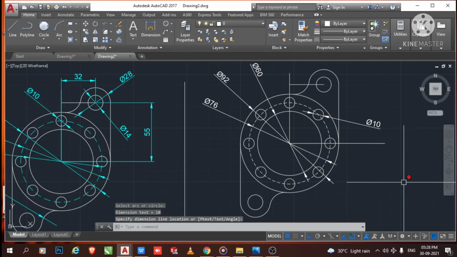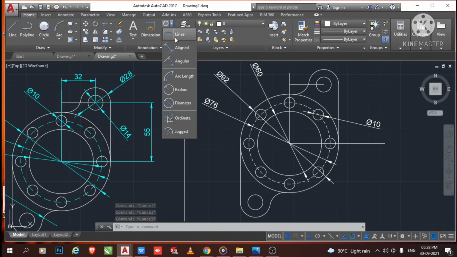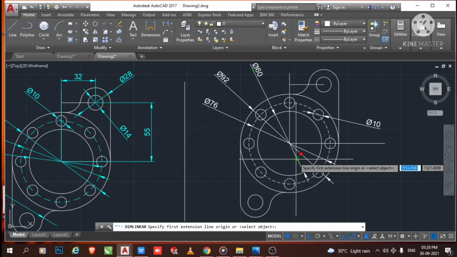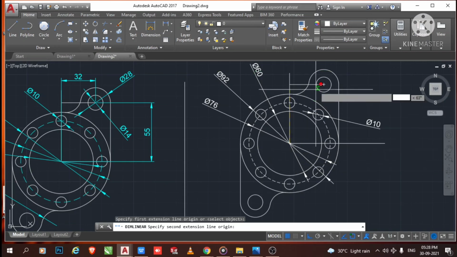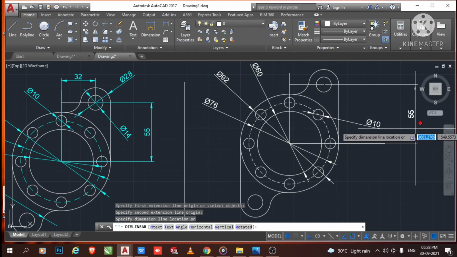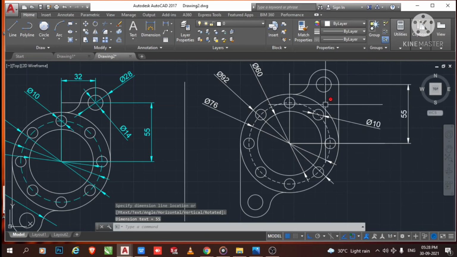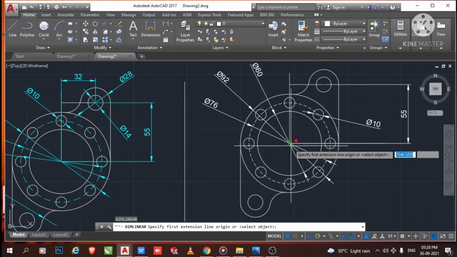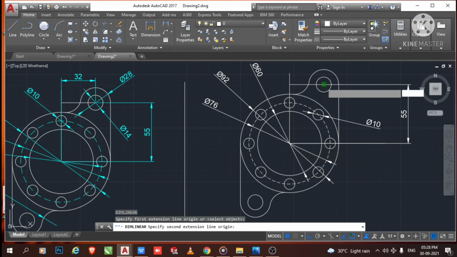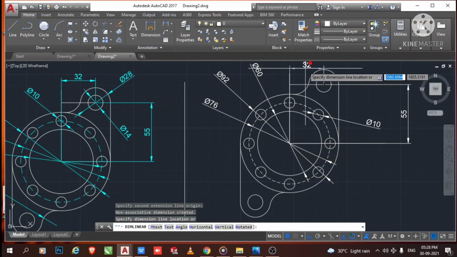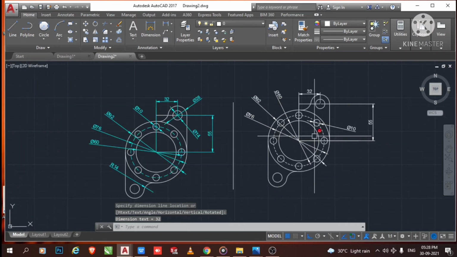We need 8 number of patterns here, and we select this one and make it a linear dimension. Now select the center point to this point, and this gap will be 55. Now again select, enter key, and from this point to this point, here the gap is 32.